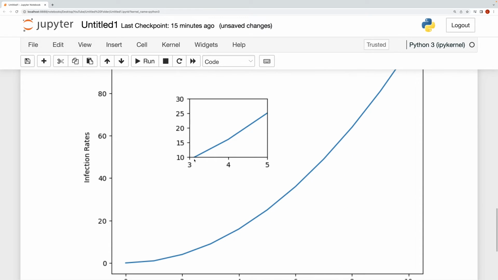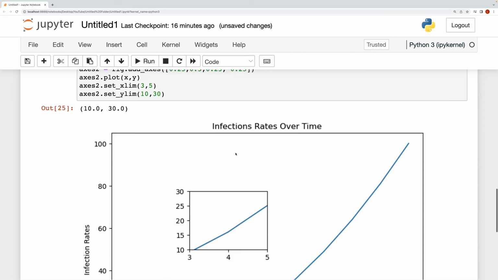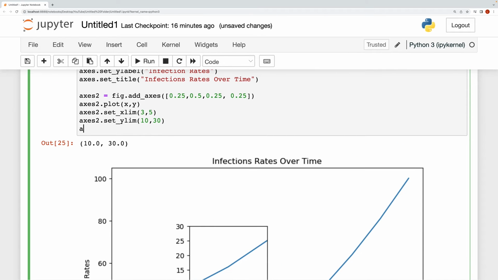And now you can see here we get this kind of zoomed in version. Maybe this piece of data is very, very important, and we really want to grab people's attention, and we want people to actually see it. So now we get this little zoomed in version, and we can also give this zoomed in version a title. So I can just say here